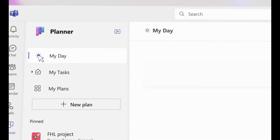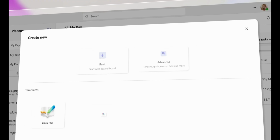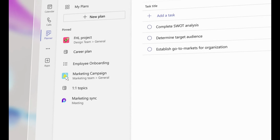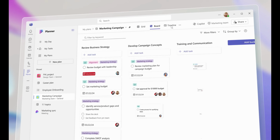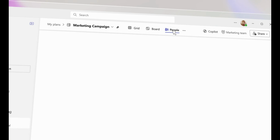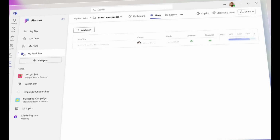Tasks are easier to find with the view of what needs to be done today. Planner is flexible. Get started quickly. Track your work in context and choose your view and approach, like lists, boards, timelines, and sprints. Planner is scalable. You can manage everything from projects to programs to a full portfolio and configure it to grow